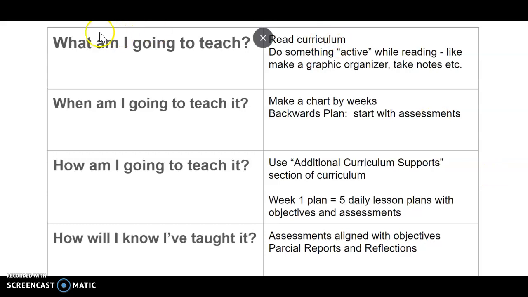So just a little review. What am I going to teach? Read your curriculum. I suggest doing something active while you're reading, like